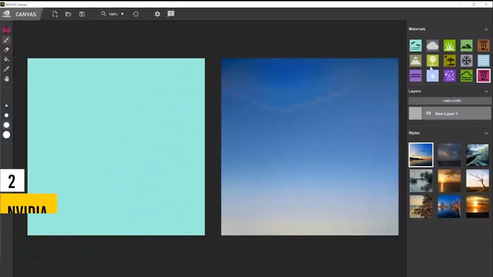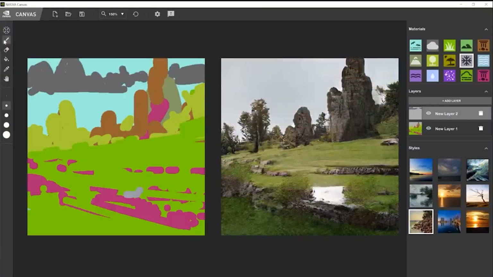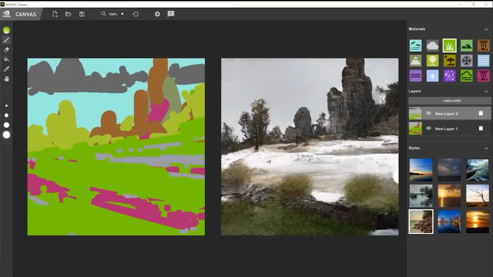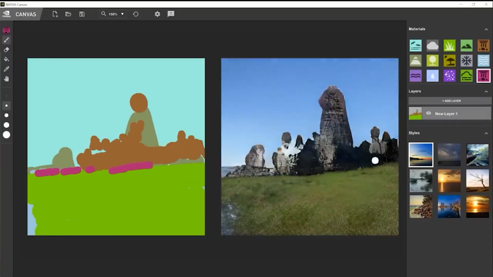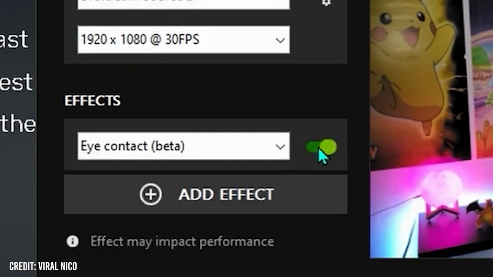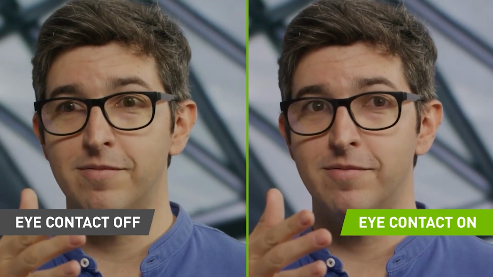Next up, we have NVIDIA, a renowned producer of amazing AI products. NVIDIA offers a range of tools that are sure to impress. One of their tools, called Canvas, allows you to create photorealistic landscapes from simple drawings. It's incredible how this tool can bring your artistic vision to life. NVIDIA Broadcast. This tool is perfect for content creators. It offers features like background noise removal and even an eye contact feature that ensures you're always looking directly at